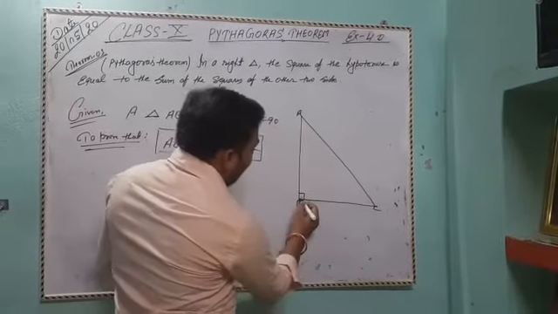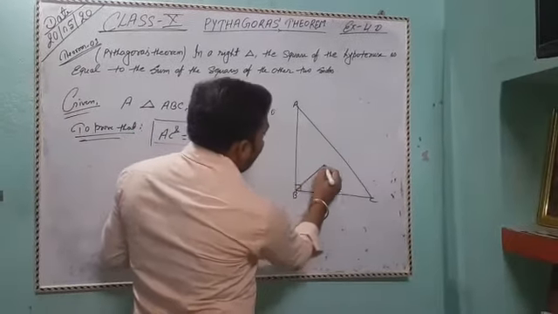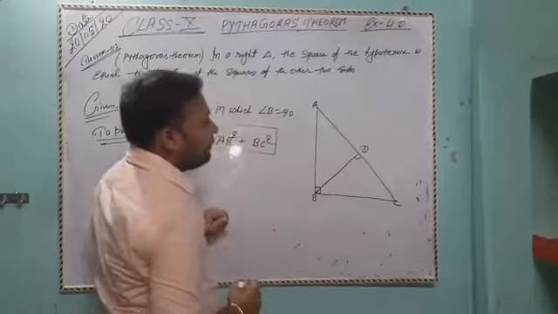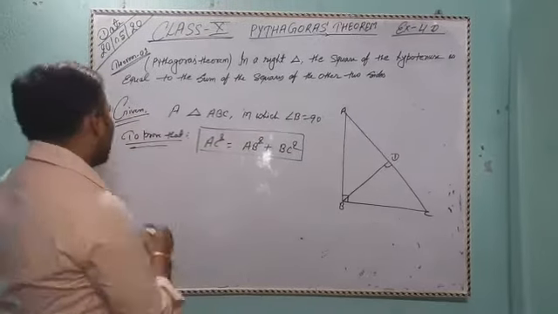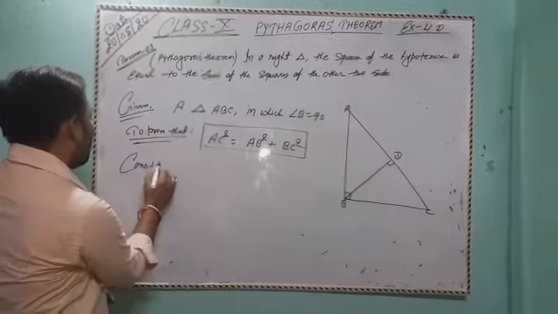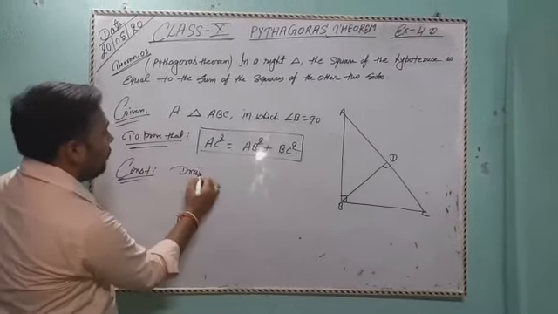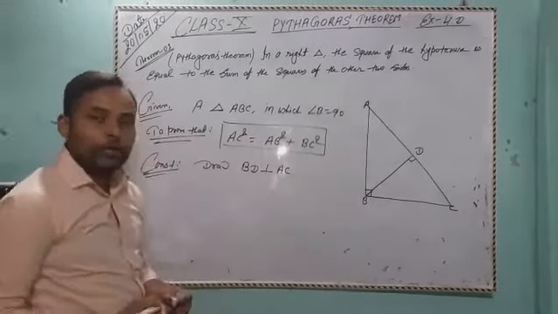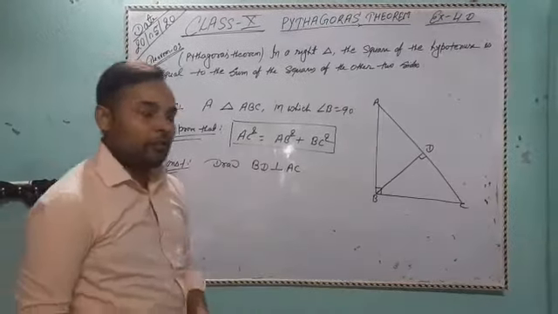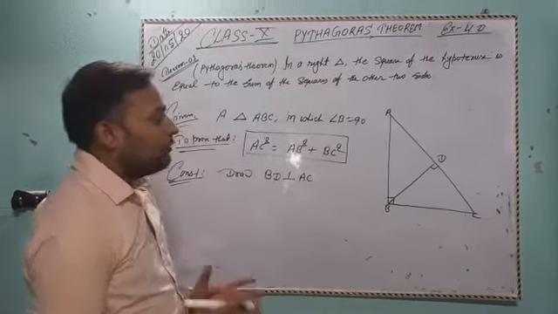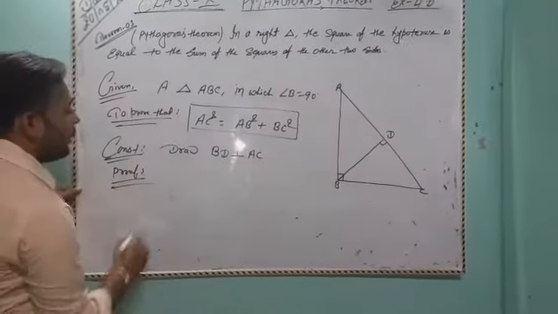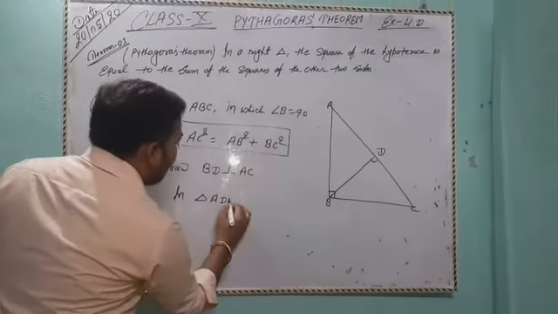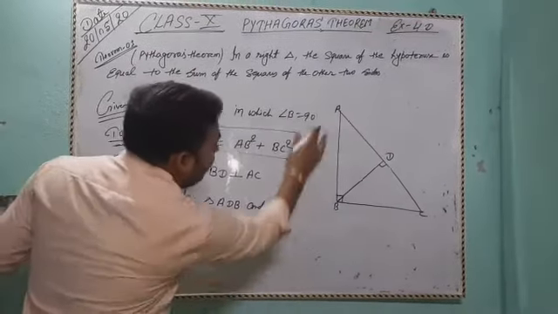we draw a perpendicular BD to AC. Construction: draw BD perpendicular to AC. And let's start the proof. In triangle ADB and triangle ABC,